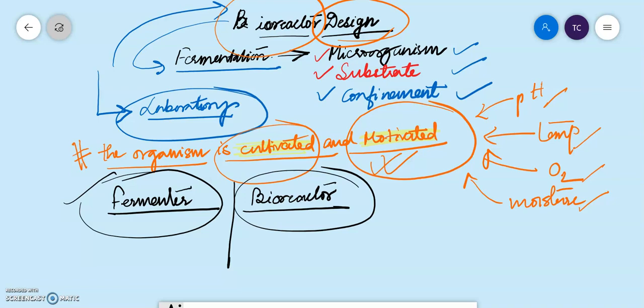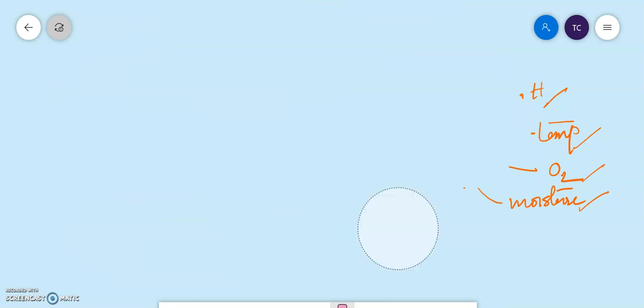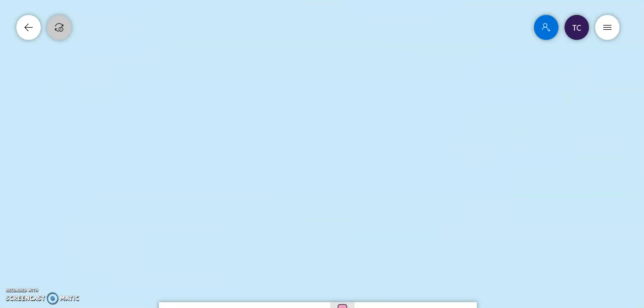Okay. So next, since we are discussing the bioreactor design, my main concept here will be the key points which I have to keep in mind when I construct a bioreactor design, right? So first and foremost, I will highlight the key points. You know, designing a bioreactor is one of the major steps of the fermentation industry. Okay, so it is Stanbury and Whitaker.